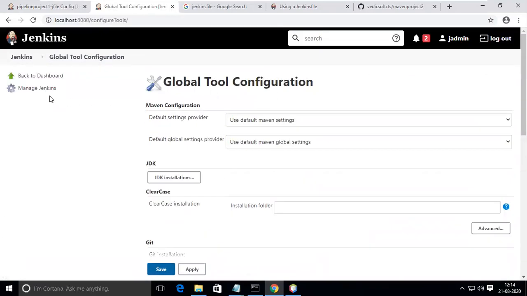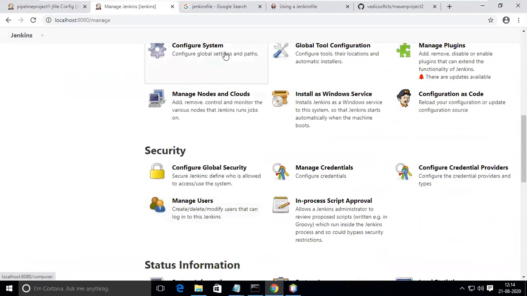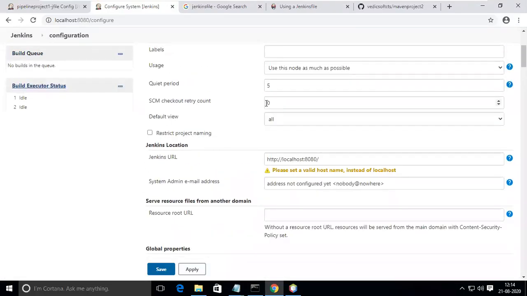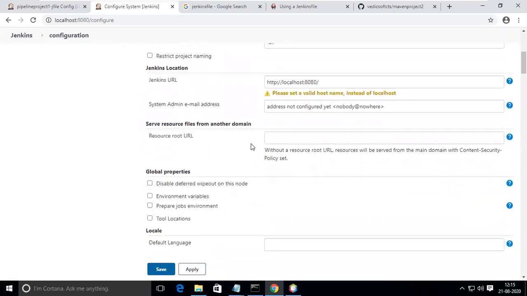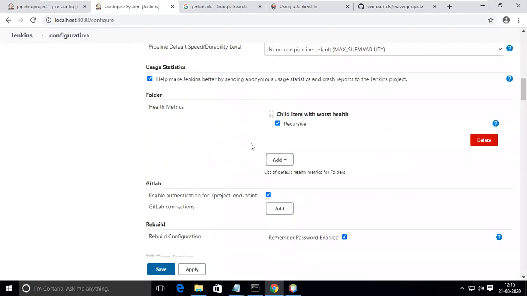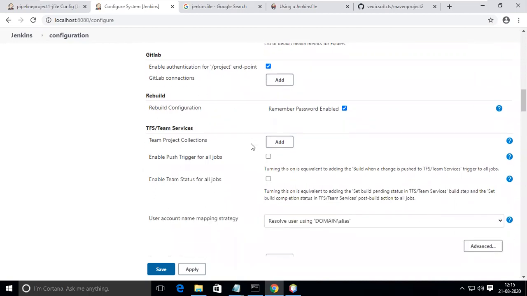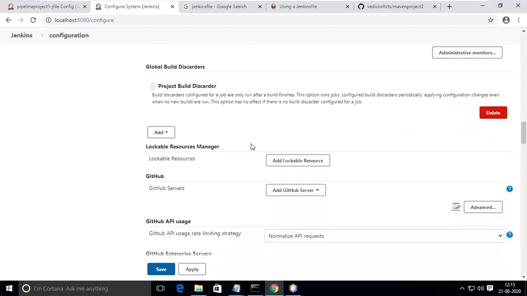These are local tools only. I think we have to go to global security. GitLab, that is GitLab. This is GitHub.